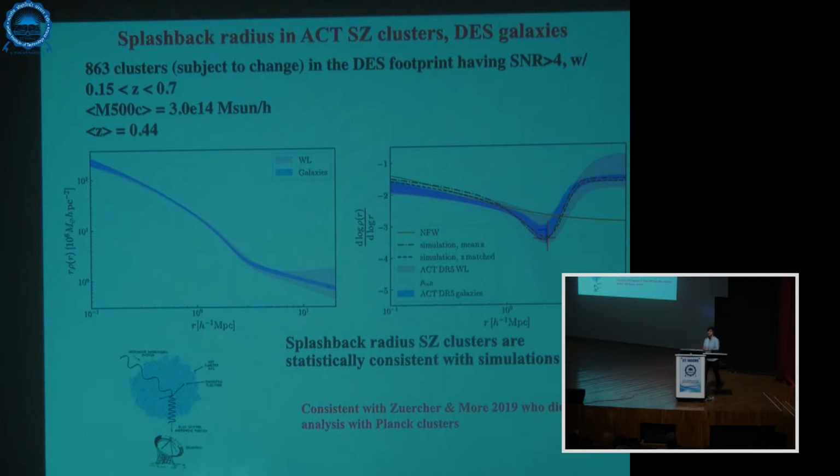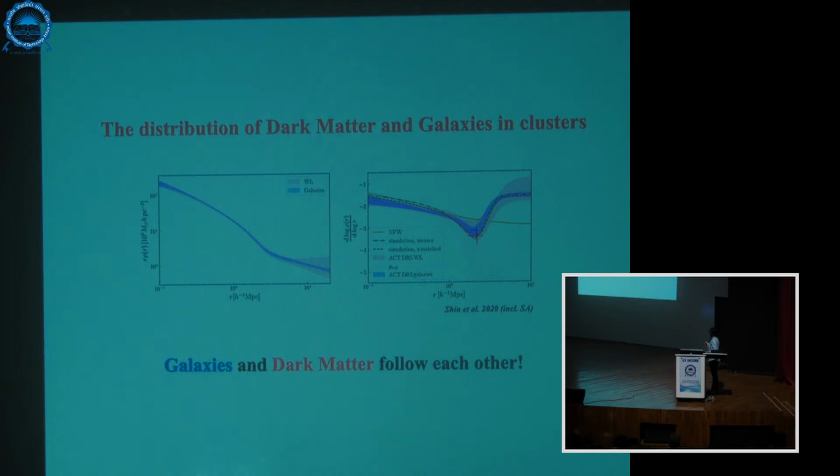So weak lensing is a much harder measurement, so we need more statistics also to beat down the noise. Now, using these ACT clusters, around 1,000 ACT cluster samples, we basically measure the splashback radius, which is shown in blue in the galaxy sample, and also in red using the lensing sample. And we found quite beautiful agreement in the location of the splashback feature using lensing and using